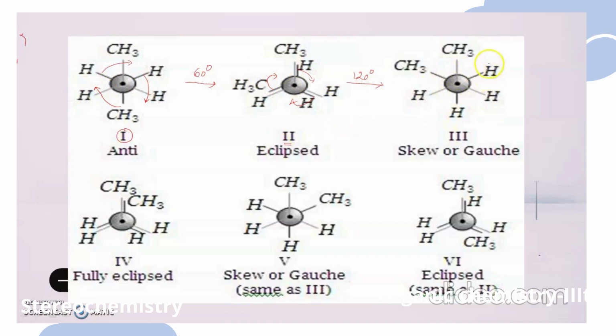Let's suppose that it is further rotated to an angle of 180 degrees, that is, 60 degrees more. Then again, what will happen? This will come here, this will go here, and this will come here, right? So the new structure that you are going to get here is this one, where your two methyl groups are closely packed, two hydrogens are again closely packed, and these two hydrogens are also closely packed, which is said to be the fourth conformational isomer of butane.